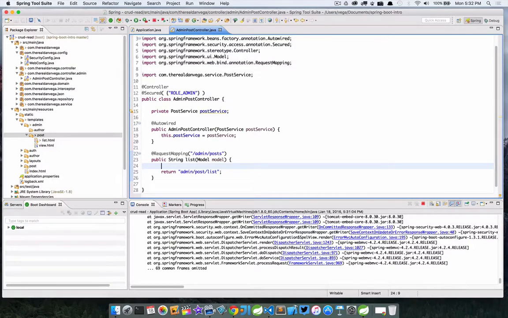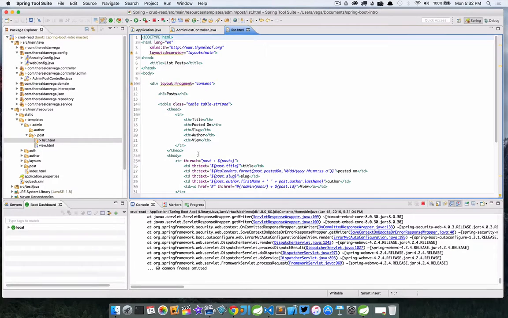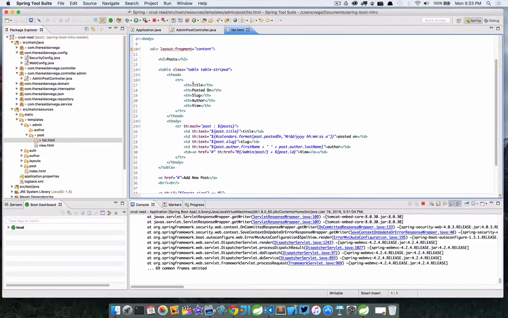All right, so now if we jump into this list view, let's take a look at this. There isn't a lot crazy going on here. We just have our title of posts, and then we have a table. This table has some different headers here for title, posted on, slug, author, and a view link. And then here we're using the Thymeleaf each iterator to iterate over each post that exists in the variable called posts. And then all we're doing is outputting the title, the posted on, the slug, the author, and then we're linking